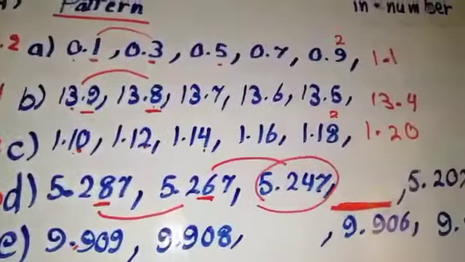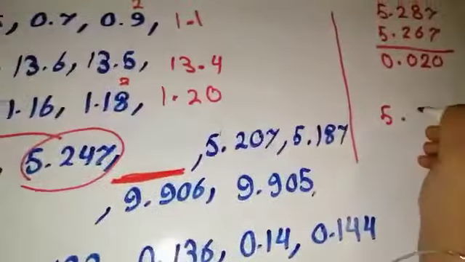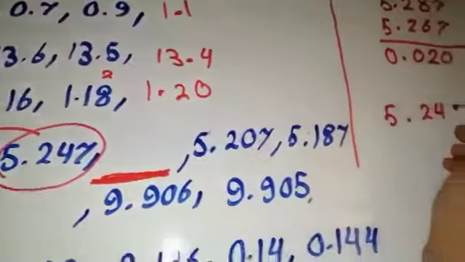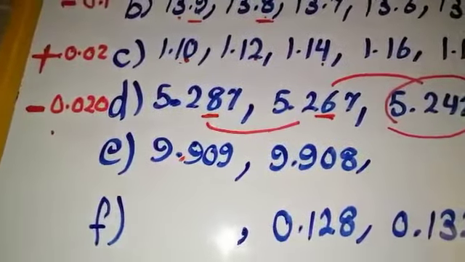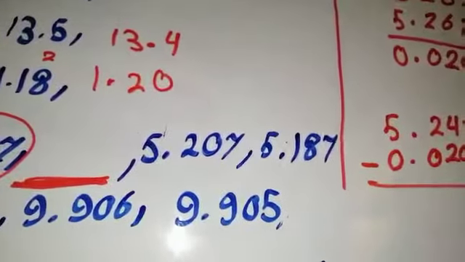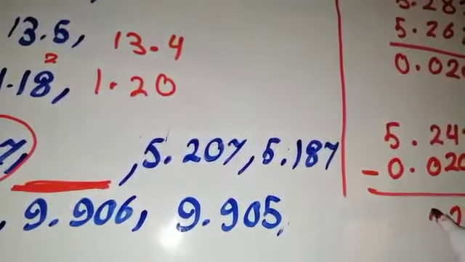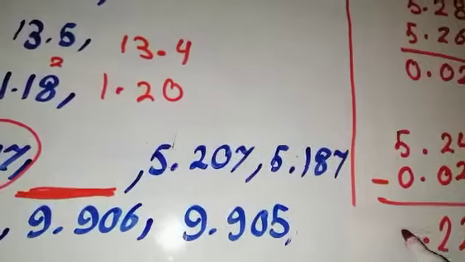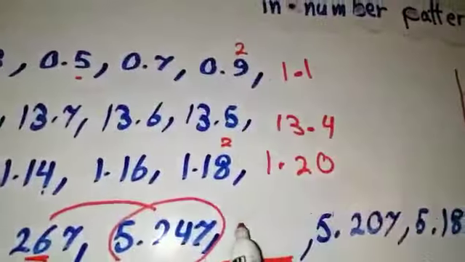So let's put the number 5.247, and then the key, minus 0.020. Okay, let's subtract: 7 minus 0, 7; 4 minus 2, 2; 2 minus 0, 2; 5. So the number will be